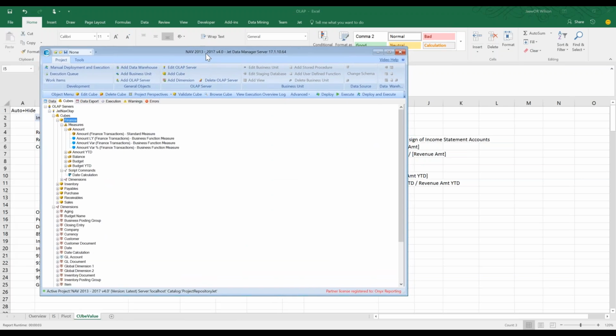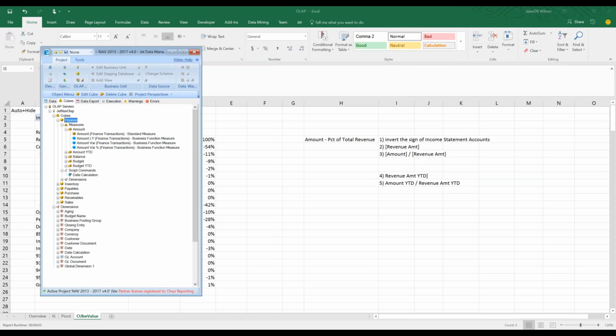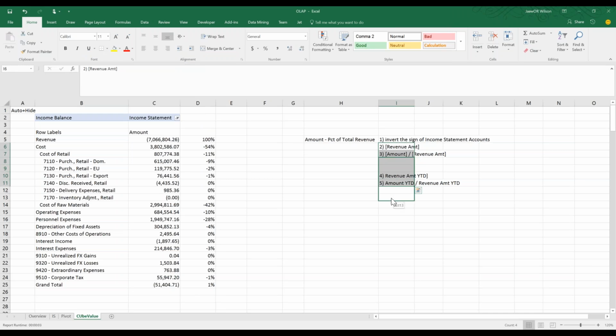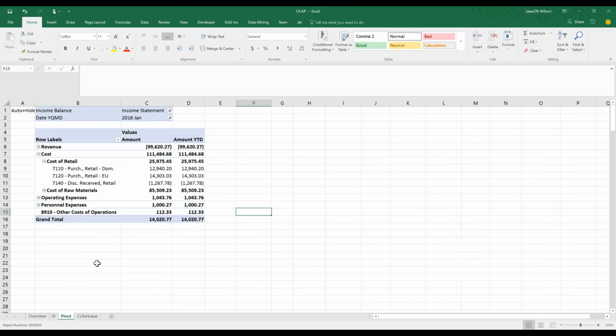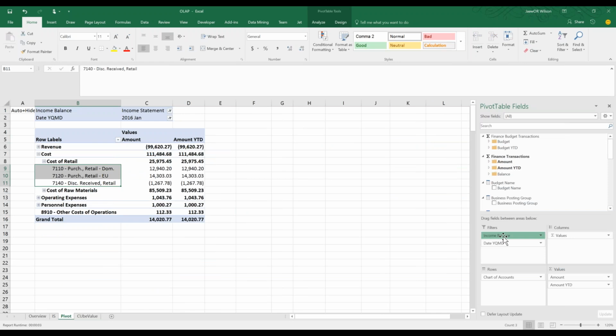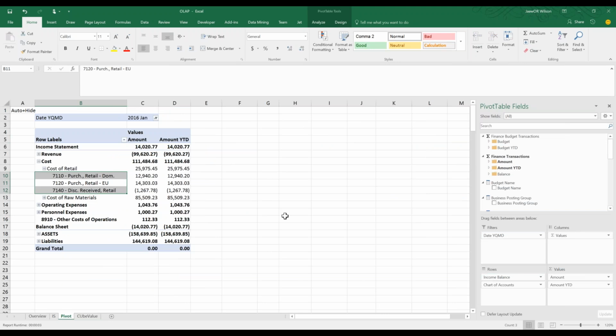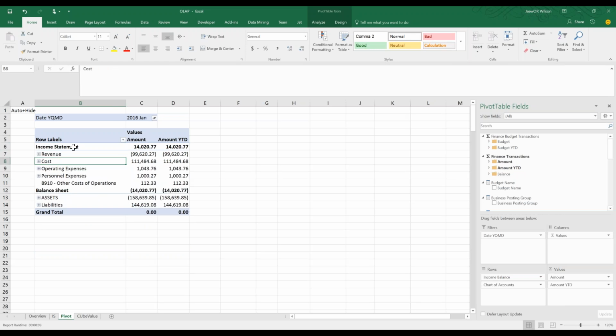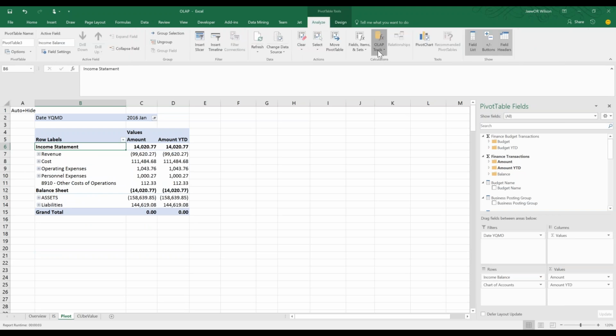Here's the JET Data Manager. Actually, I lied. Before we go into the JET Data Manager, you do need to be able to define, okay, what is an income statement account? And for this, if you are not comfortable with MDX, if you don't know off the top what MDX is, I do continue to recommend that you look in a pivot table. Take your pivot table, make it look the way you want it to. So in this case, I'm going to put income balance here under rows, and if you look carefully, you can see I've got a grouping for income statement accounts, and I've got another grouping for balance sheet accounts, and now I need to say, okay, what does it mean to be an income statement account? And again, if you convert to formulas,